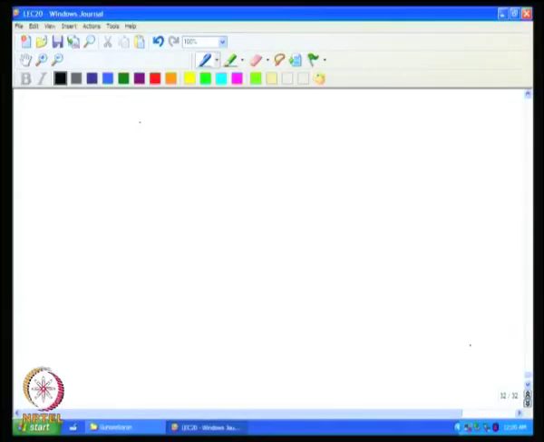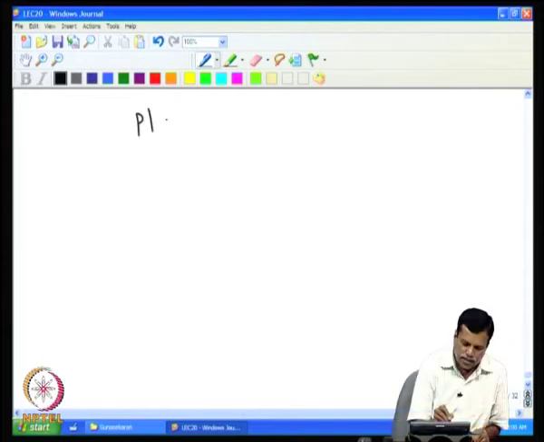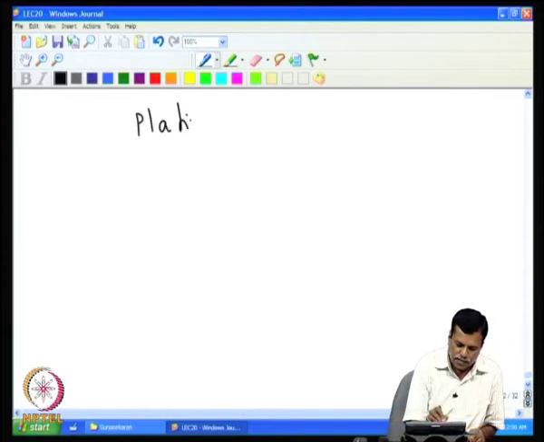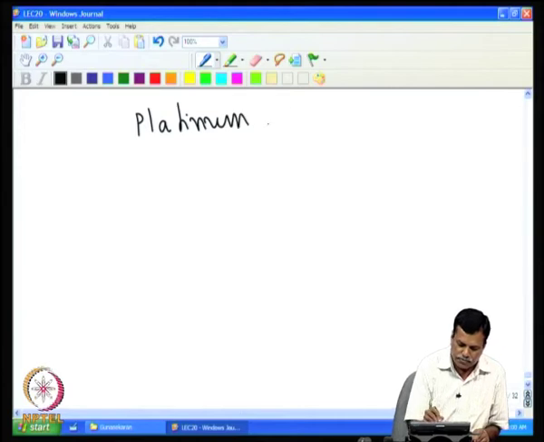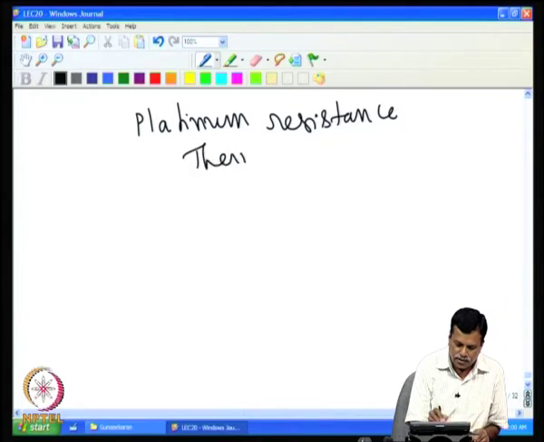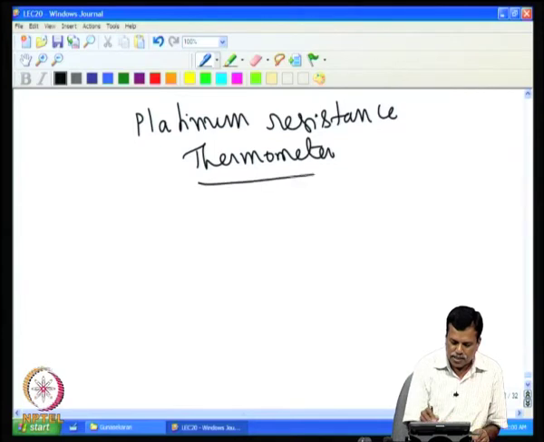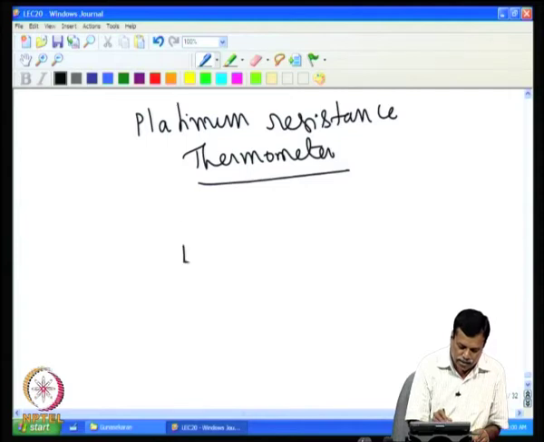So, we will take a PRT as a temperature sensor. We use a platinum resistance thermometer as a temperature sensor. So, essentially what we are going to do is we will take the PRT and then we apply a